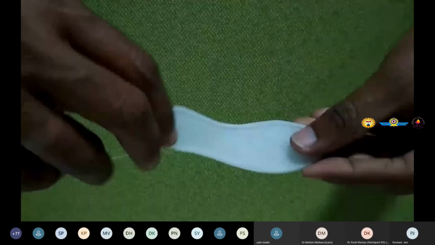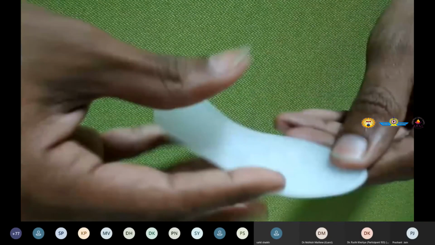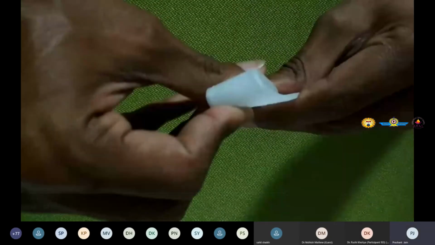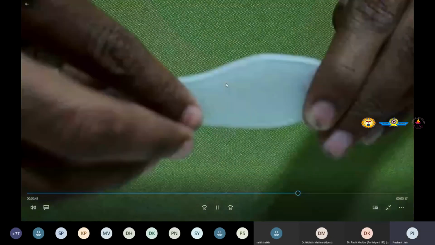Right, so you see these are the flexible parts we are capable of making because we have our own in-house developed system and the capability of generating part programs.